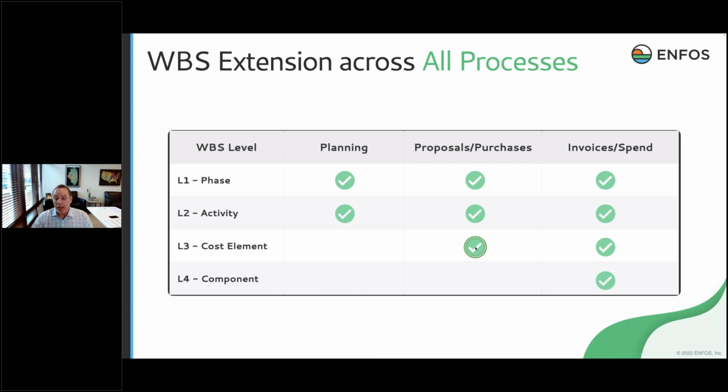However, when I'm doing a work proposal, I can now get more granular in my project management level of detail of the work scope or the statement of work. So now I can be asked to go to a lower level in the WBS, more granularity. Once we've done the work and that is now being invoiced and we're doing cost tracking, I can go down to the lowest level in the work breakdown structure because the work's already been done, right?